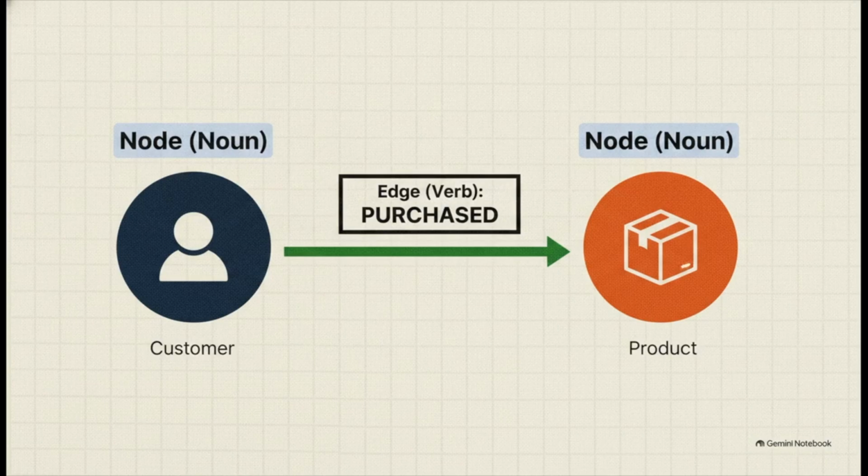If you want to strip away all the corporate buzzwords entirely, just think back to grade school grammar. Nodes are your nouns. A node is a customer, a product, a software module, maybe a patient. The edges? Those are your verbs. An edge is the action connecting them, like purchased, depends on, or caused. Look, any standard search engine can find two related nouns, but the typed edge, the verb, is the actual knowledge. It's the secret sauce that allows an AI agent to confidently answer why things are connected.